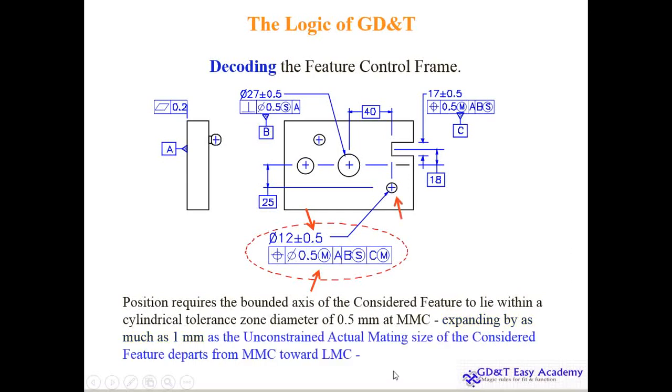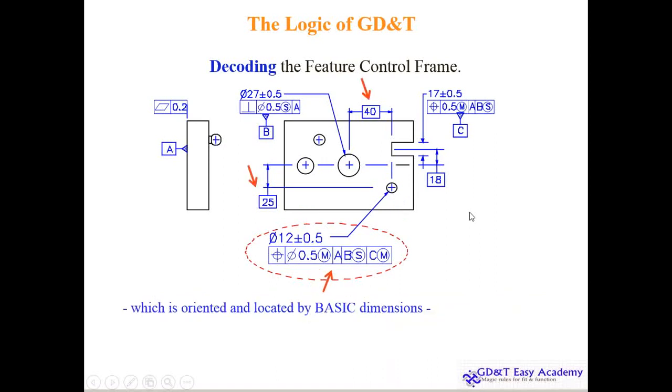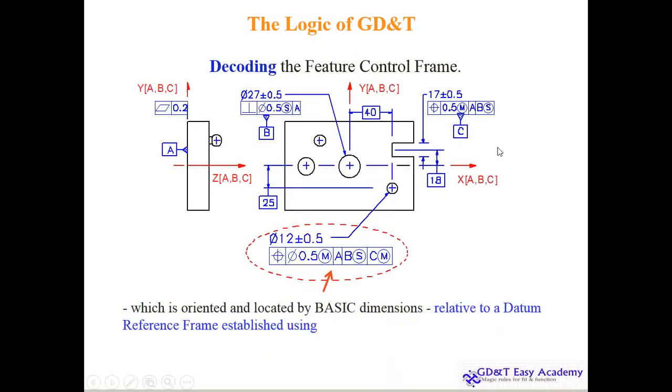And you can see the departure of this particular condition because of the collective effect of the dimension tolerance and geometric tolerance for controlling the orientation, position, size, form control is now addressed. So what is the orientation of the basic dimension? So if you see the basic dimension 25 and 40 here, they are critical. So relative to datum reference, because we have keyed our coordinate system here, so